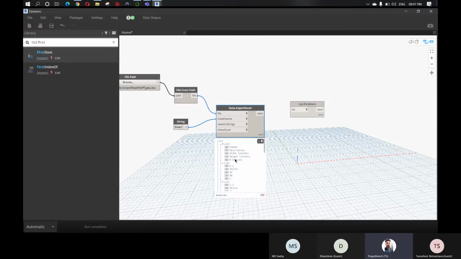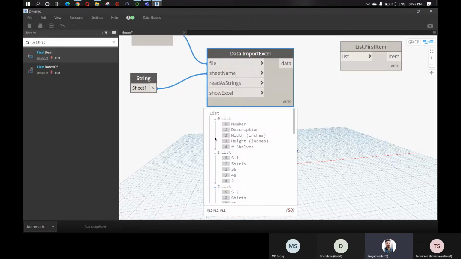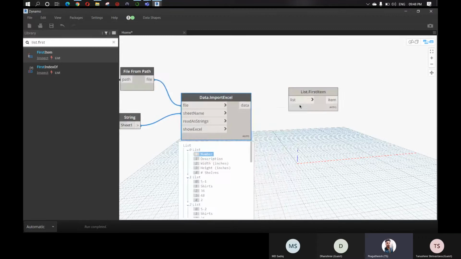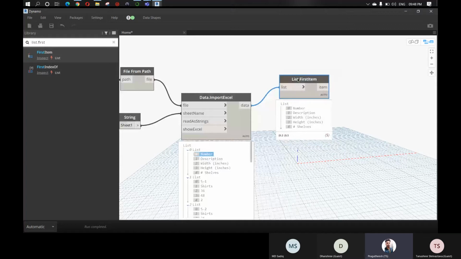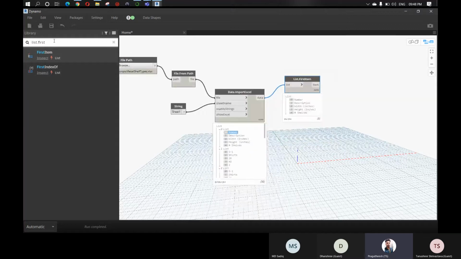Here you can see we got all the data from the Excel sheet as a list. You can see the first list is the headings, right? We cannot consider this as part of the data because the list starts from here. So we want to remove this. For that, we can use this node which is called list.firstItem, so that we can extract the first item separately as we saw in the last class. Similarly,